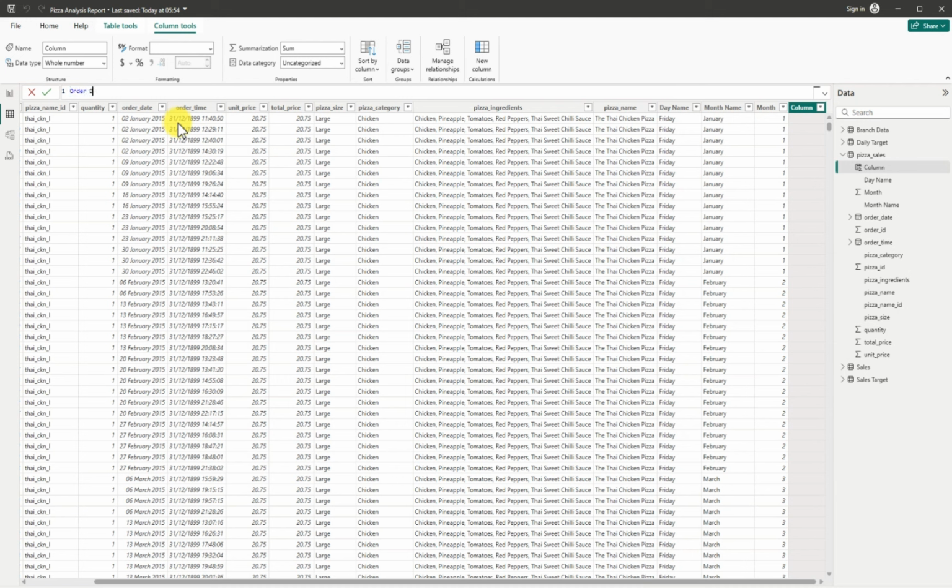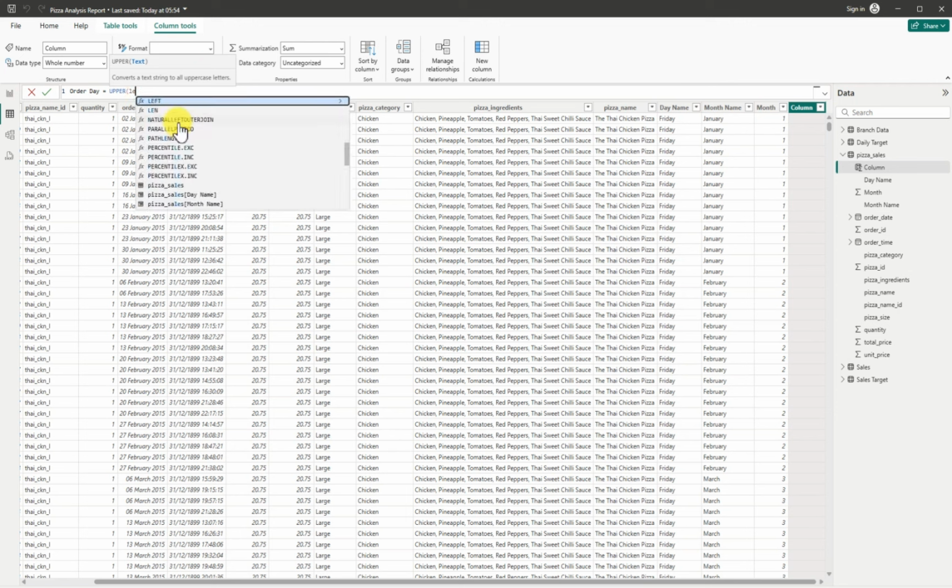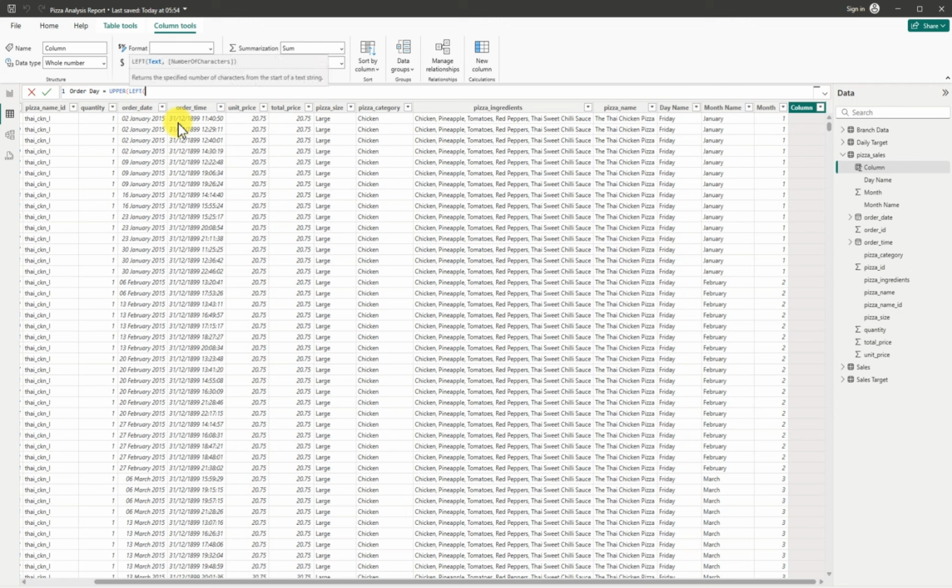That's the only thing we're going to do. We are going to make it upper, make it left, make it upper and left. So we need the text, then we need the number of characters. I've told you, anytime you are creating a column or a DAX formula,